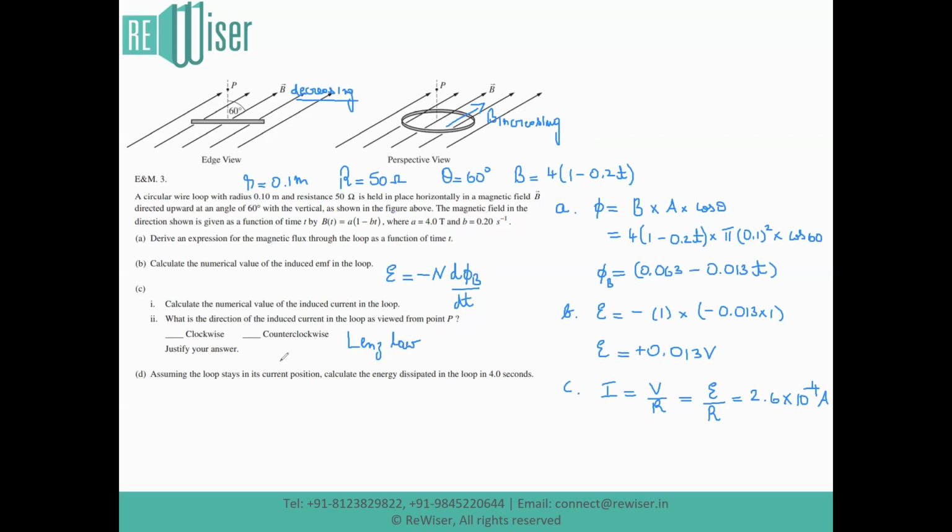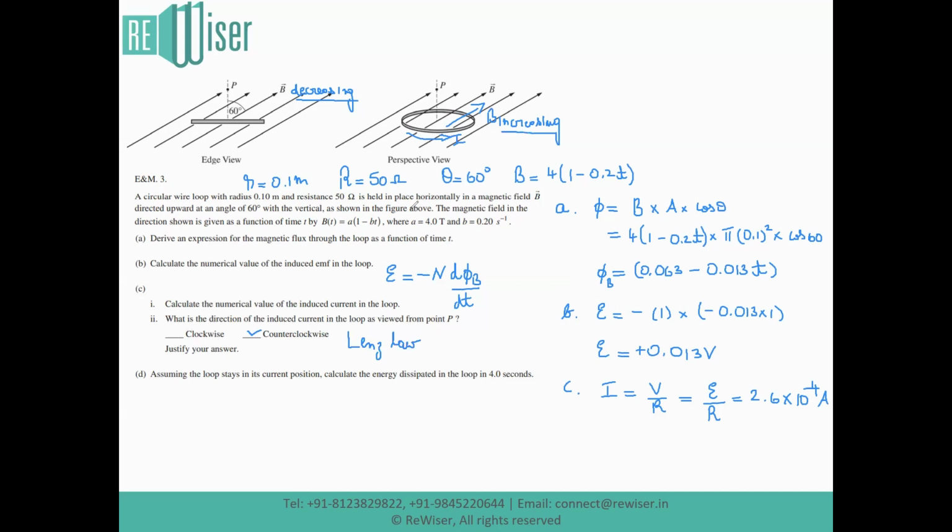So to make up for this, using a right hand grip rule, we can find out that the induced current has to be in counterclockwise direction as viewed from point T, because this is the only way that an increasing magnetic field can be produced in the direction stated so as to counter the decreasing magnetic field, which is causing it to induce current in the first place. The two laws we've used here are Lenz's law to find the direction of magnetic field and the right hand thumb rule or the grip rule to find the direction of induced current